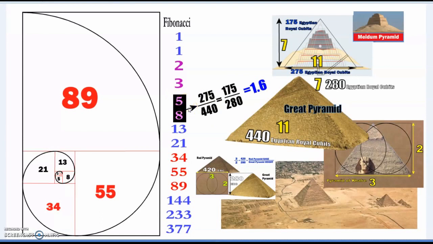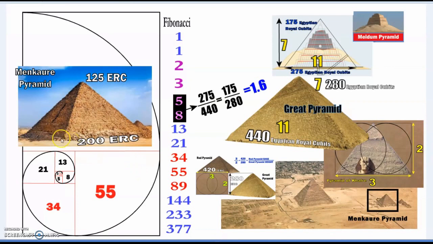And there are relationships between these based on the same very simple geometry, but that's not all, of course. Let's look at the Menkaura Pyramid. The east and west sides are a little bit shorter, but the south and the north sides are 200 Egyptian royal cubits base length with a height of 125 Egyptian royal cubits. That gives us a ratio of 8 wide to 5 high, the same relationship that defines the Meidum and